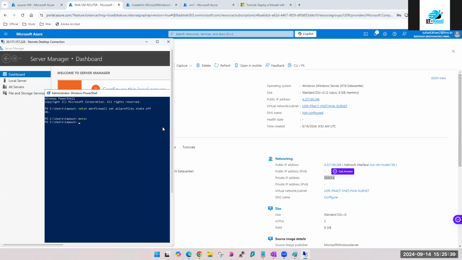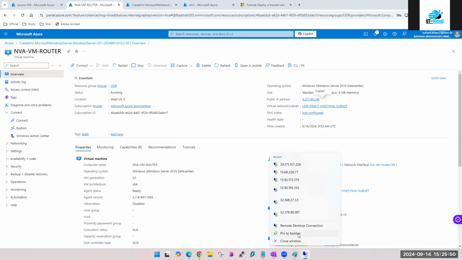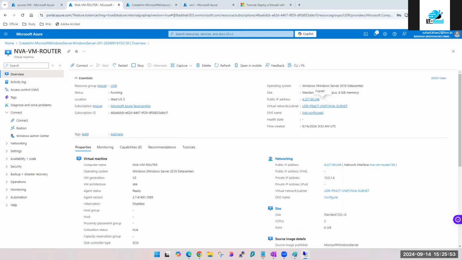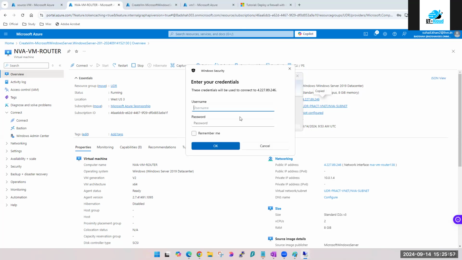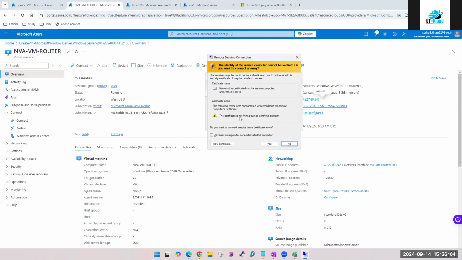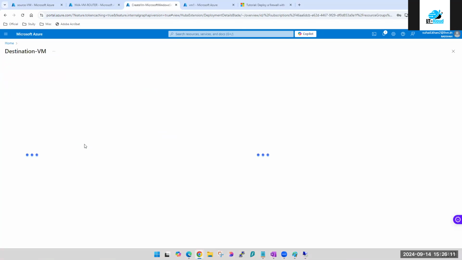Okay, so now let's go ahead and log into our NVA, which is going to be our router, network virtual appliance. Very first thing I'm going to do on all of them is turn off the firewall, because I won't even come to know where it is blocking, whether it is being blocked at the OS level or there is some issue in my configuration, and unnecessarily I'll be wasting time on that. So it's always a best practice while practicing.